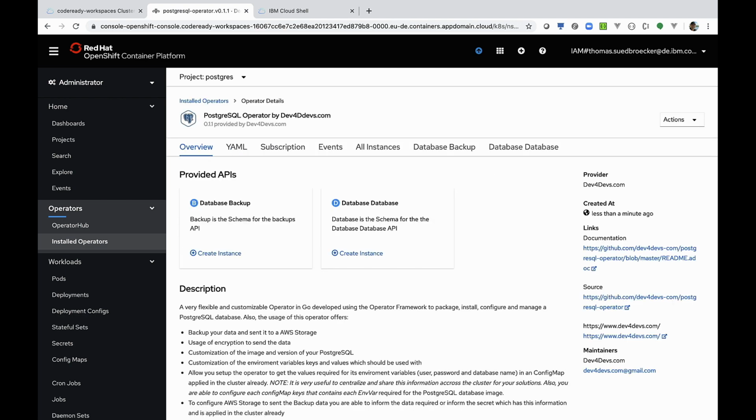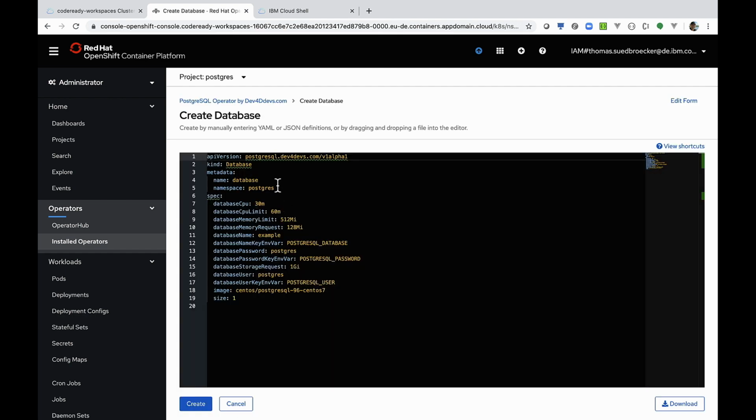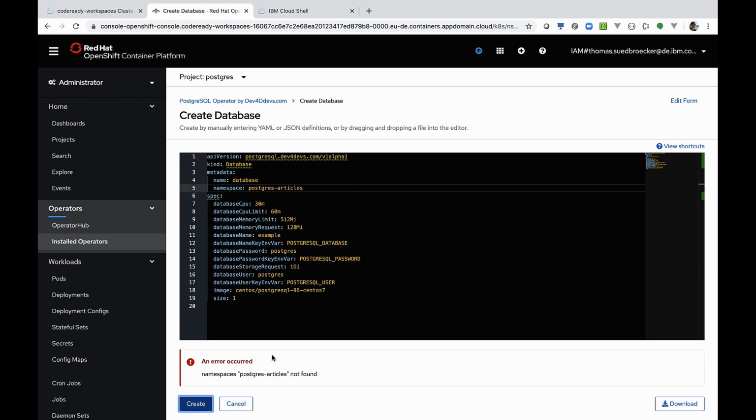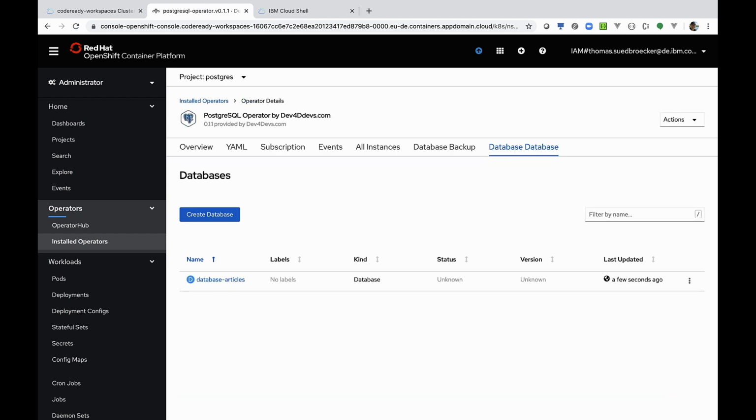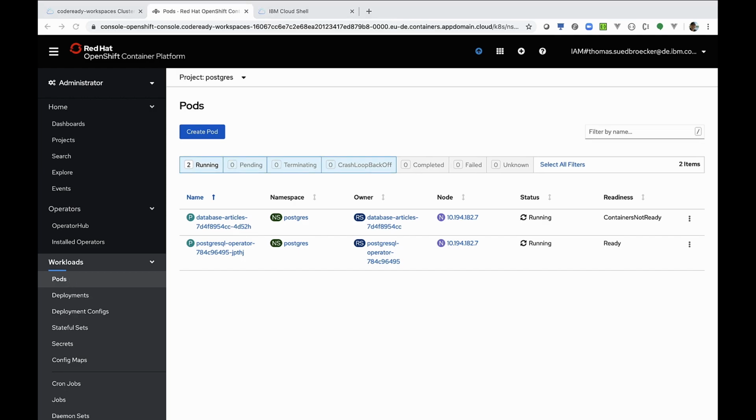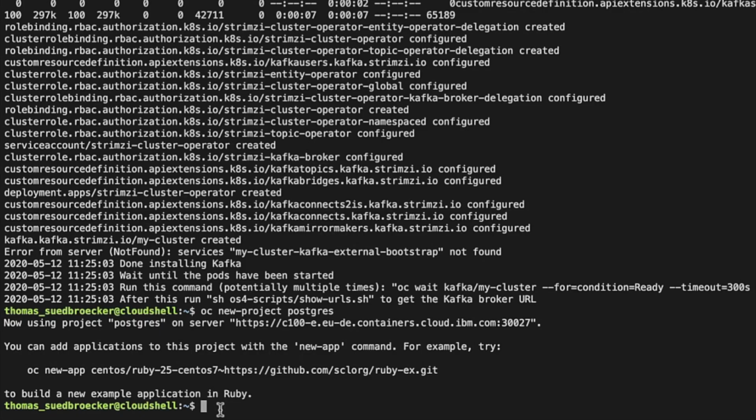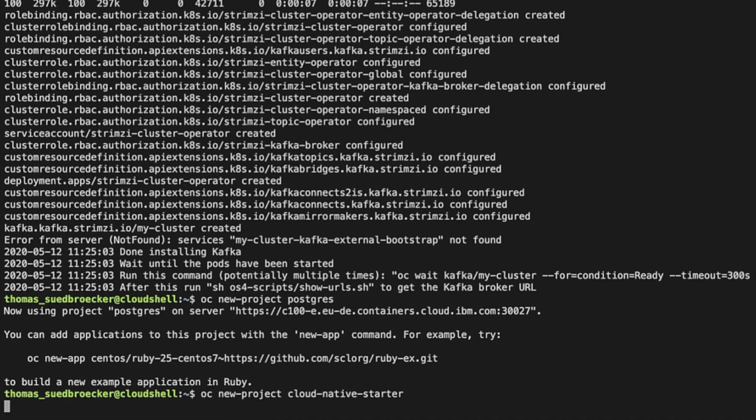So now we create a database instance. Now we have to define the name of the database. And notice I am changing the namespace name here. Oh, that was wrong for sure. So now the right name for the database. Okay. We wait until the database is created and then we can move on with creating the project for our